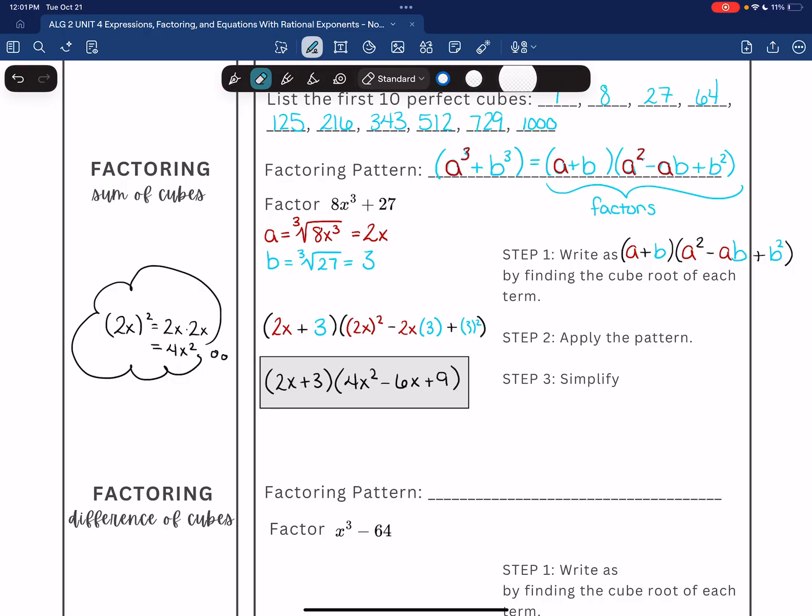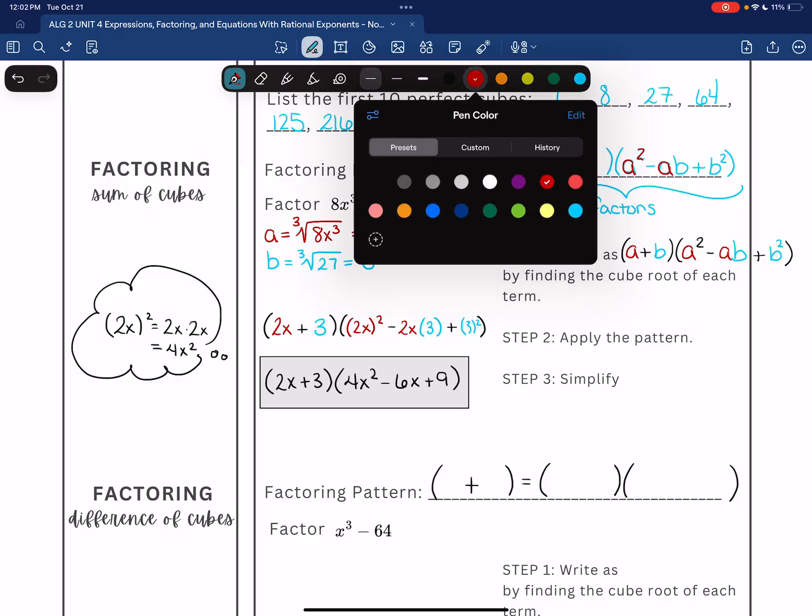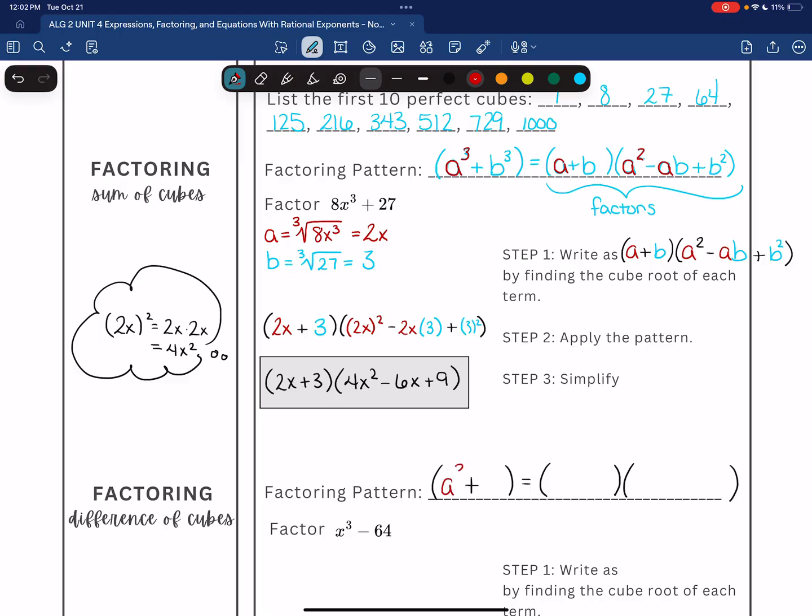If originally you had your binomial, then your binomial being your a value, sorry, not squared, I'm so used to squared, your a value cubed,